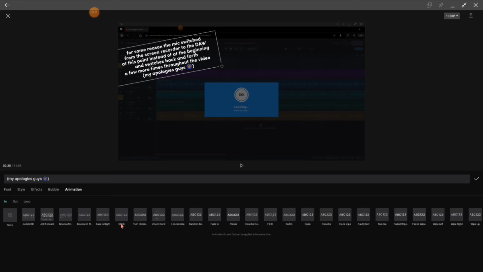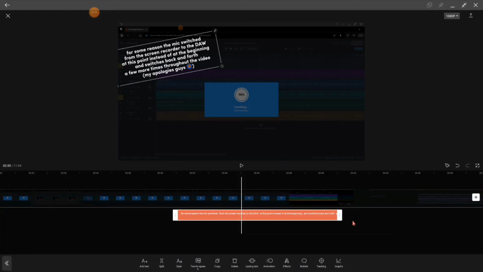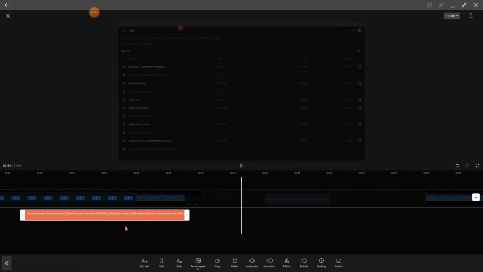Animations, you can animate whether it comes in, out, you can even loop it. I just went for a basic thing. I just wanted to explain what was going on, so I didn't really add any of that. But yeah, the options are always there. And if you want to add a different text, like you want templates and stuff,